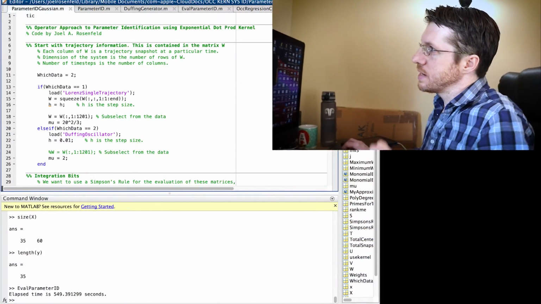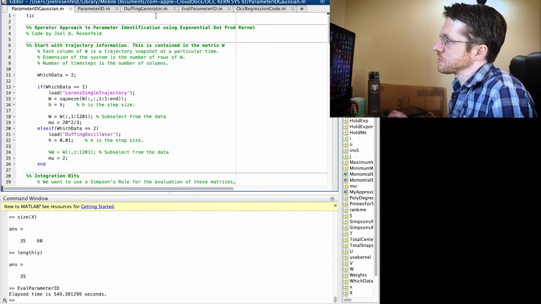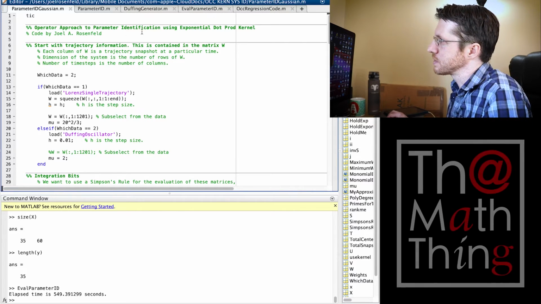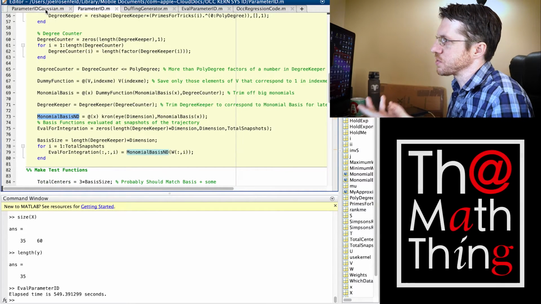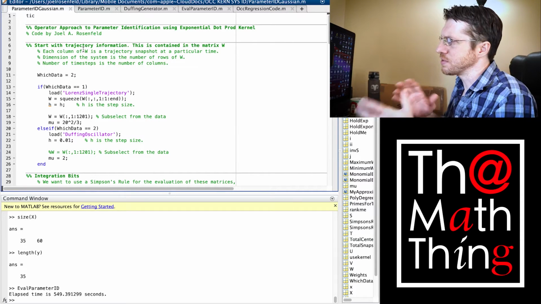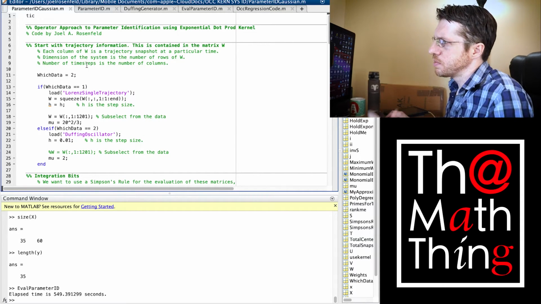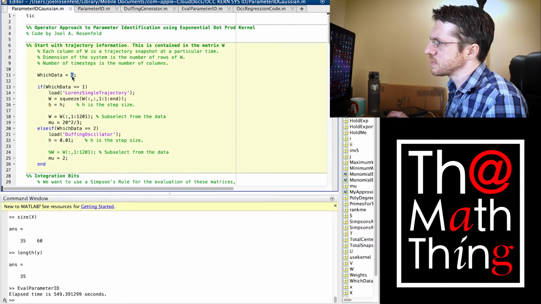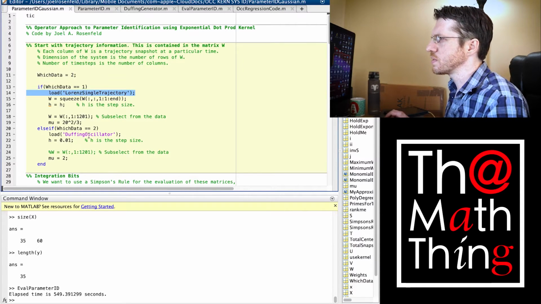All right, so in here, this is the version I did with the Gaussian. I also have another one that I did with the exponential dot product kernel. The code is more or less the same. There's just one little trick that you have to use in the middle of the integration, but don't worry about that. So the data sets that we're going to be using,